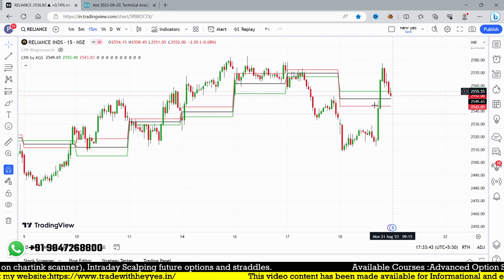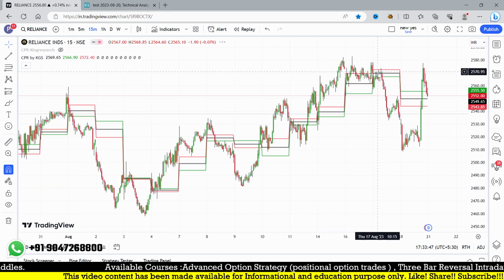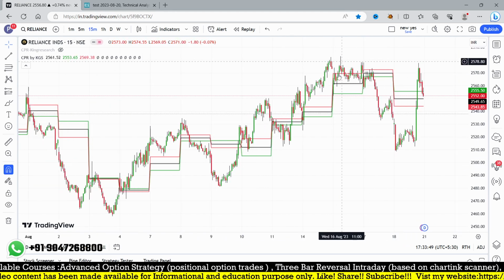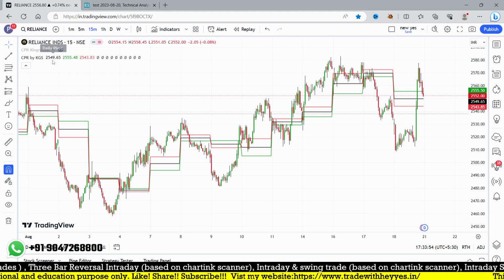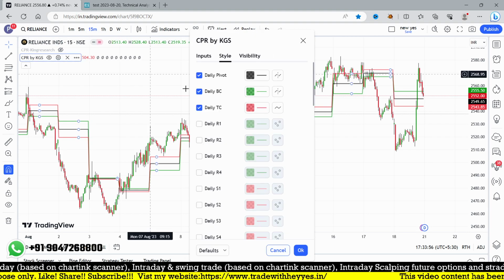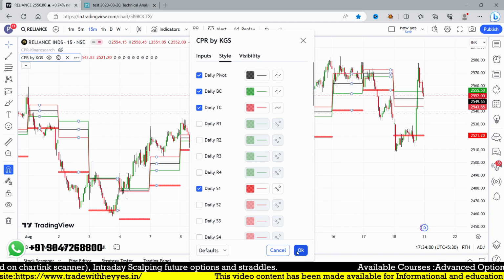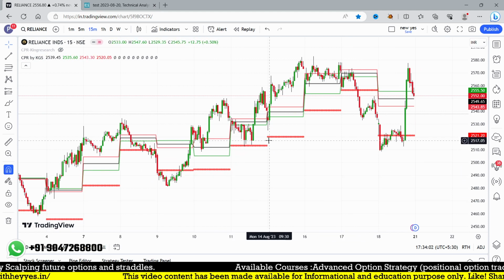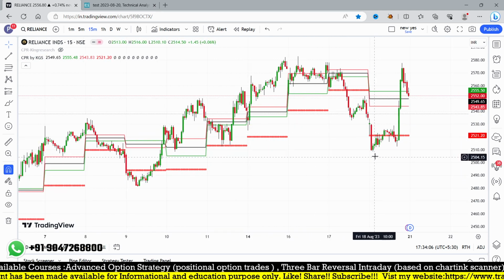So this reversal I'm looking for at the highest level, the top level, if you're looking for a reversal after a stock keeps moving higher. So how did I find it? Simply go for support one to break, so that you need to focus. I will add the support one here. You can look at this. This support keeps on increasing, and on this day the support is broken, and you can see a huge drop